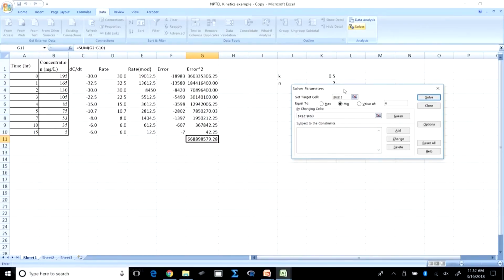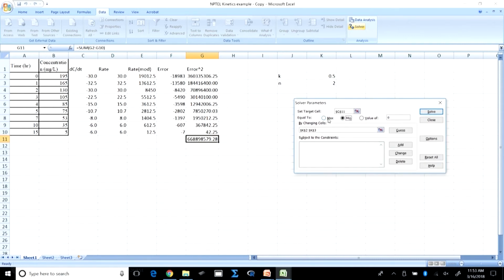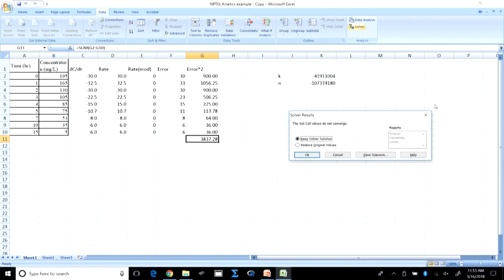Solver will help me go by trial and error, changing the values of k and n such that the sum of squared error is going to be a minimum. So let us look at that. The target cell is going to have to be G11, so that is set, and I want it to be a minimum, by changing the k and n cells. So let us say solve, okay, and it solved for it,